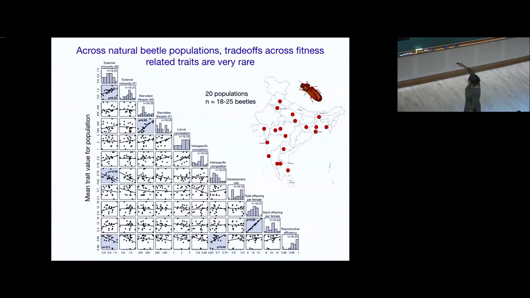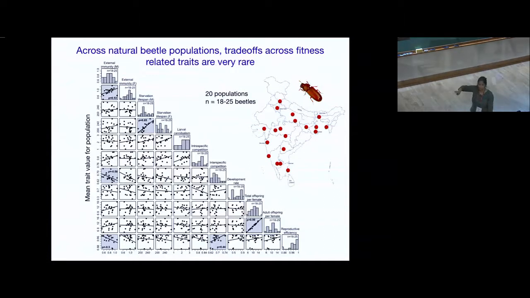We measured development rate, total offspring per female, adult offspring per female, and reproductive efficiency, which is just a ratio of these two. So what I want you to get out of this is that our naive expectation was that we would find trade-offs. These are very important traits. One would expect that if there's a high investment in reproduction, you might find low investment in immune function, survival under starvation, something. And what you see largely is that there's no correlation. Each data point here is one population, so there are 20 populations in each of these plots.